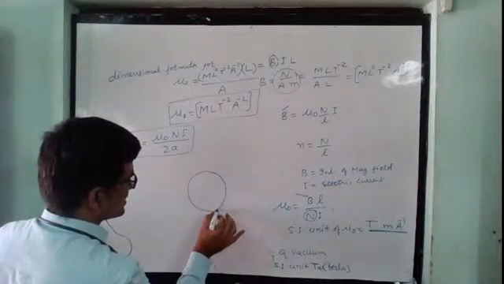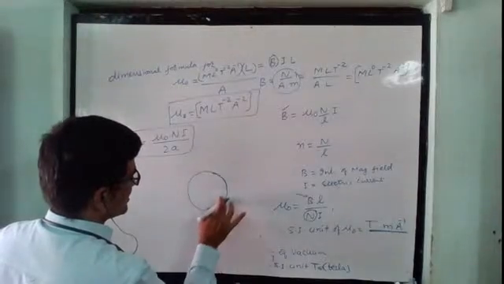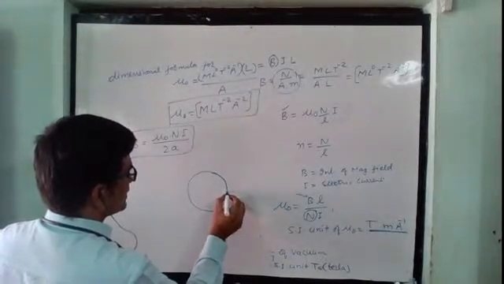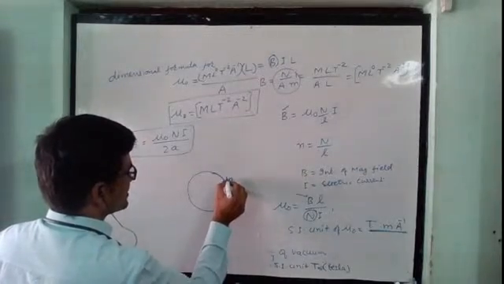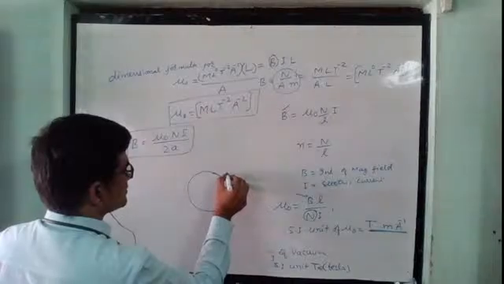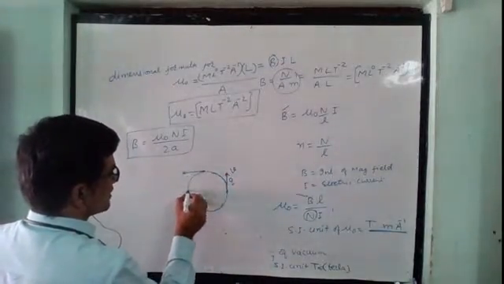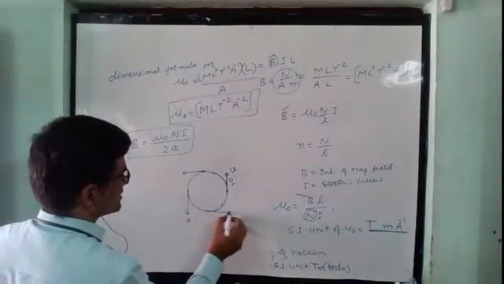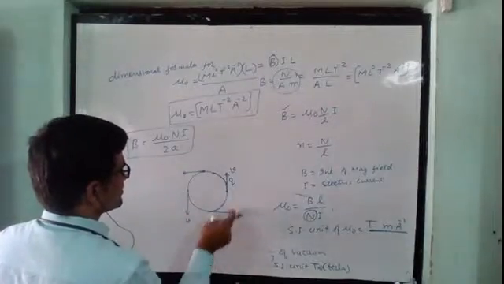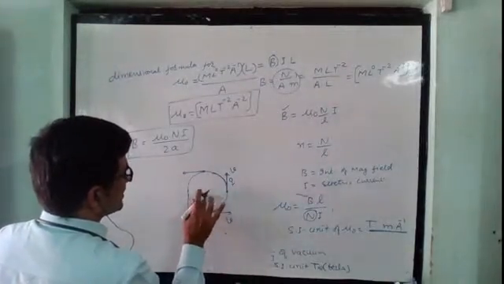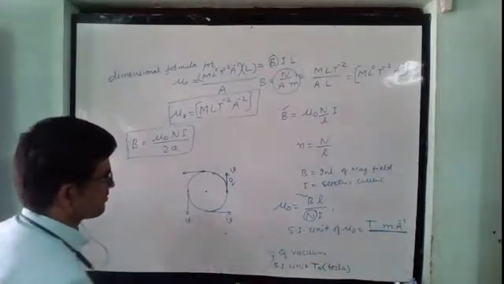Suppose we have a charge particle Q. A charge particle is circulating. Suppose this is a charge particle Q and it is circulating with a velocity V. चार्ज पार्टिकल अभी यहाँ है, फिर यहाँ है, फिर यहाँ है, जैसा अपन जानते हैं. Its velocity is uniform, means magnitude is uniform, direction is changing. Its velocity is changing. Can you find, will there be, first of all, will there be a magnetic field at the same